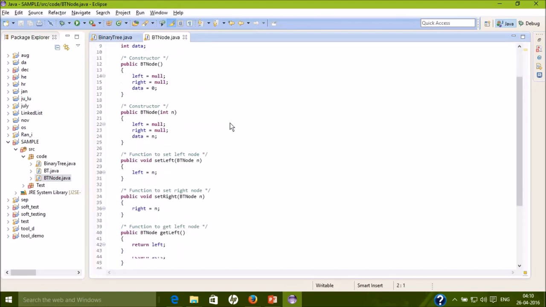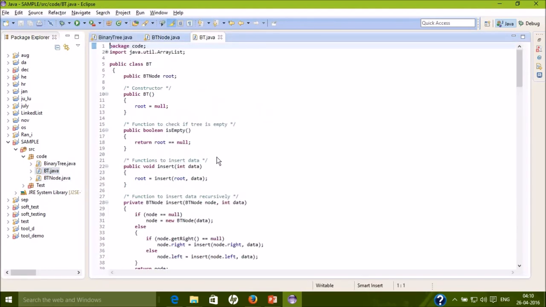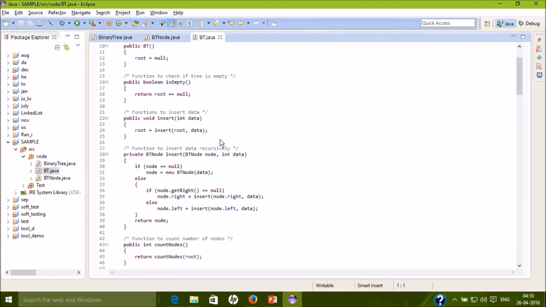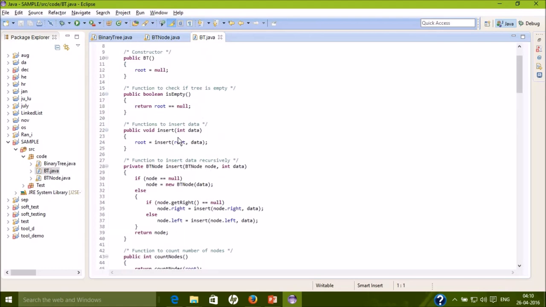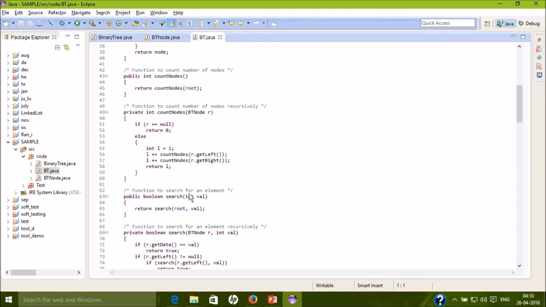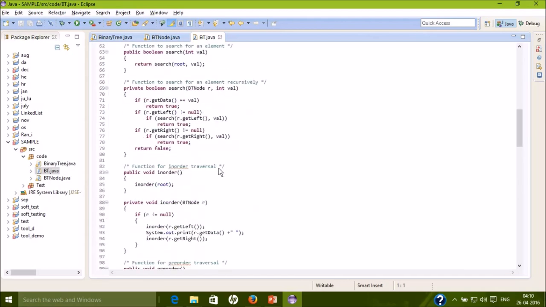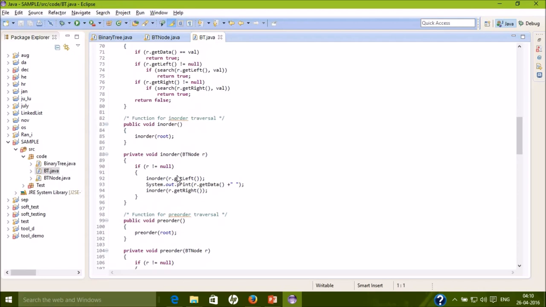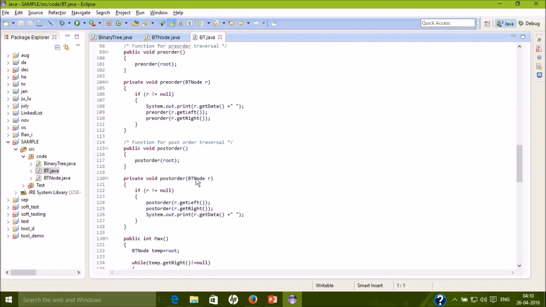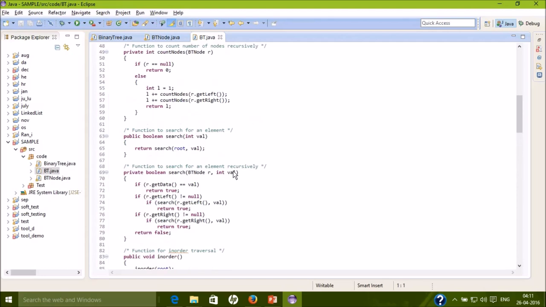This provides the implementation for nodes of the trees, the left, right, and the data that is contained in the nodes. And these are the methods for the tree, like the insert method, the isEmpty method, and the search method to search for a particular element, and the tree traversal methods: the in-order traversal, the pre-order traversal, and the post-order traversal. Mainly we'll be testing these methods through TestNG.